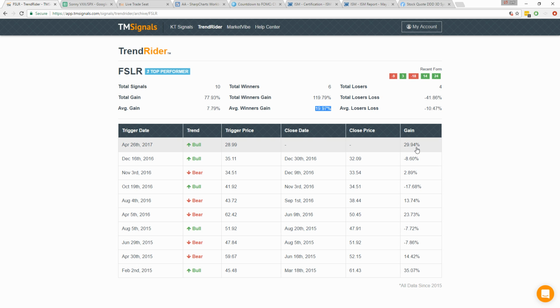I'm not making as much as I would if I were in and out of the money option. So when it comes to applying the TrendRider, I can lower my risk and actually up my reward potential. But what do I have to sacrifice? Well, I have to sacrifice my accuracy. Meaning, I'm not going to make money if I go this way and I lower my risk and raise my reward,